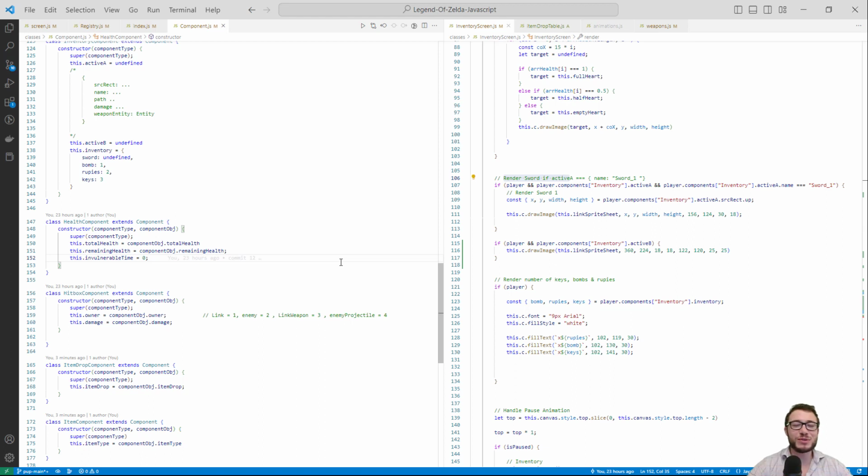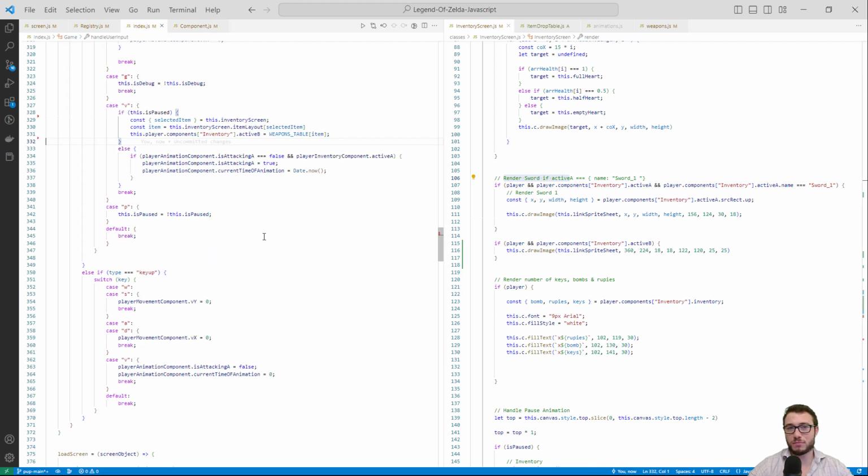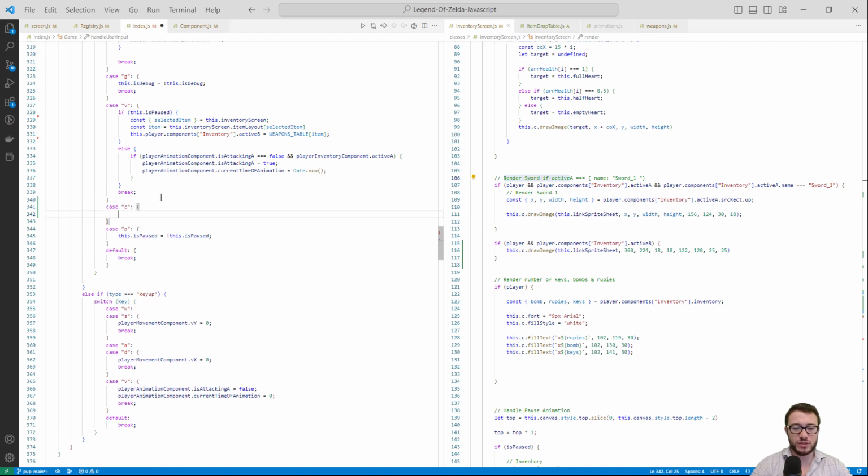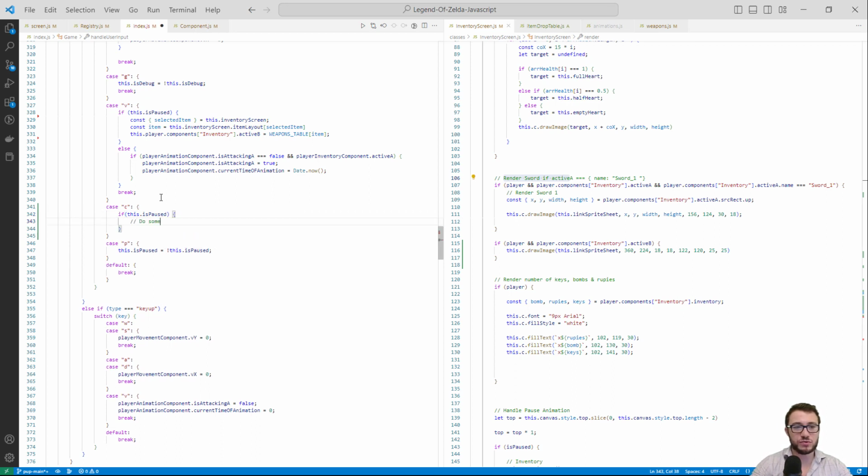So now to wrap this all up, let's add the ability to use the bomb. Now this is going to be a several part process. We need to select a key that will be used for the secondary item. And I think since we're already using V, why don't we just use C, which is right to the left of V, at least on the American styled keyboard. And similar to the V, let's just have this do something else, because we only want to use the bomb